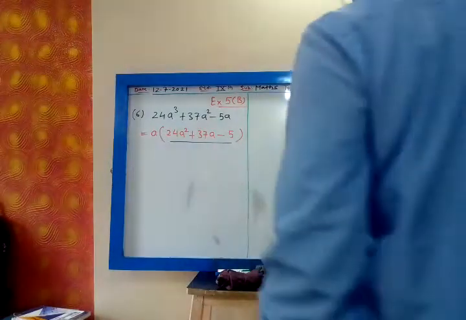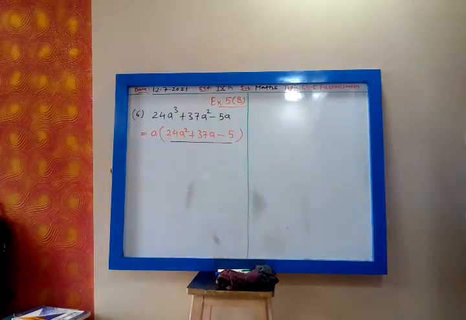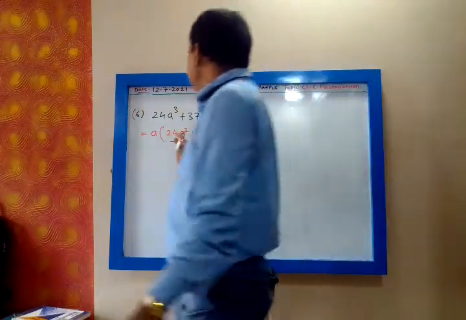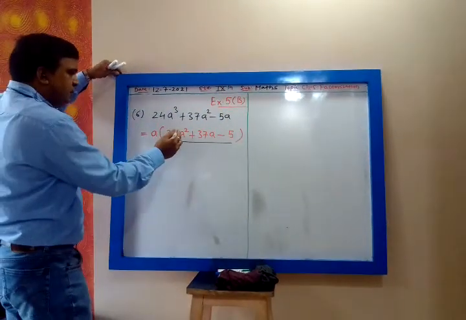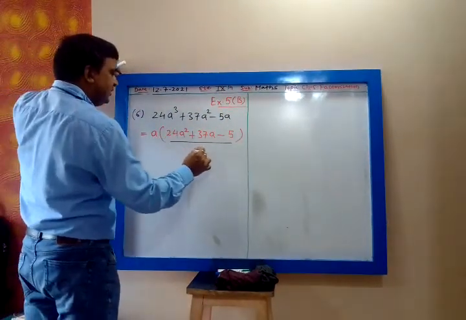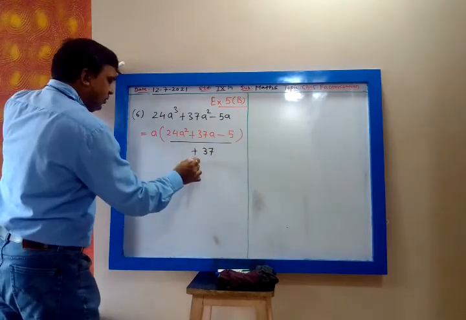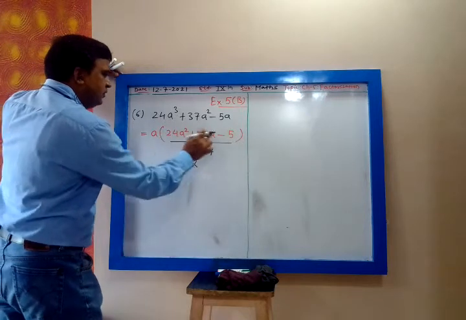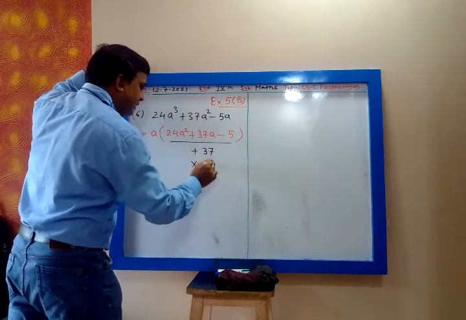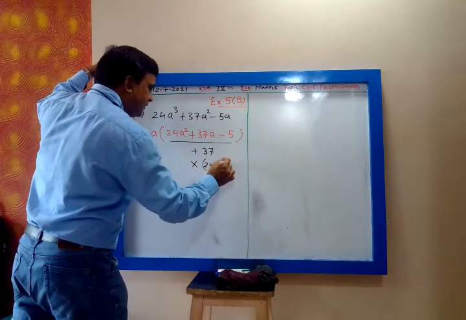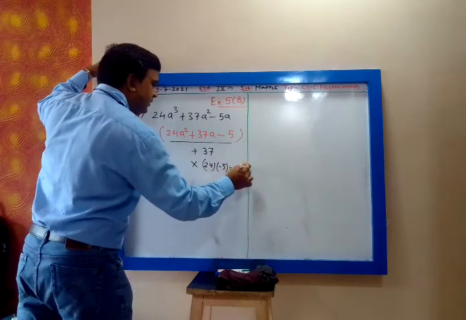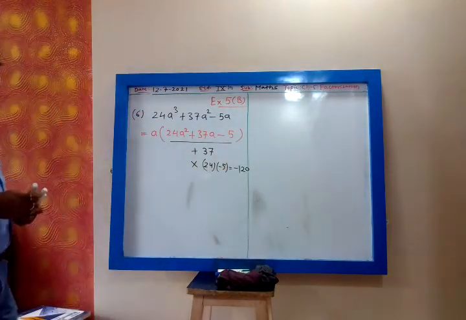Coefficient is not 1. What is the coefficient here? Yes, 24. So find two numbers whose sum is 37 and product is 24 into minus 5, that is minus 120. So find two numbers whose